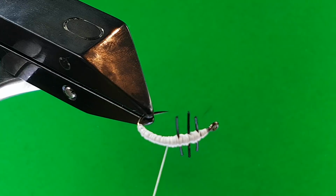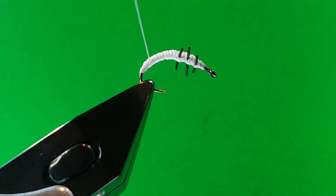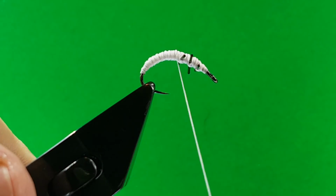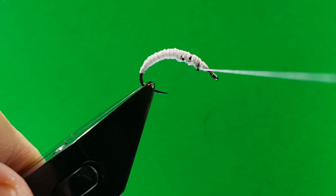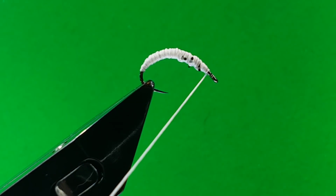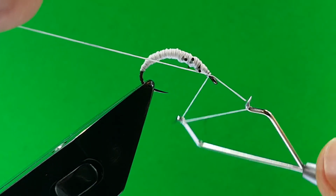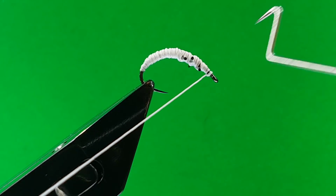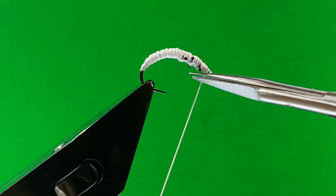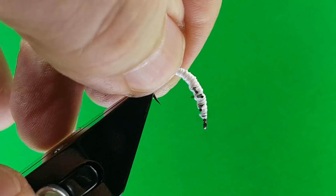Right, so just give that a few more turns. And just bring that up, and I think that'll do us body wise. I'll just put that off at the front. Pull it tight. If you just angle the